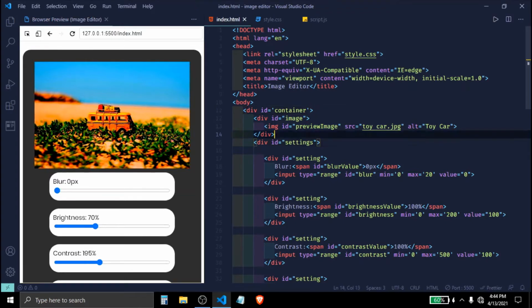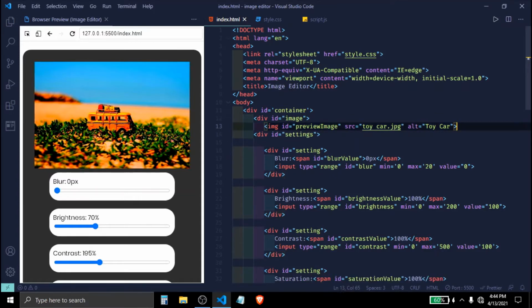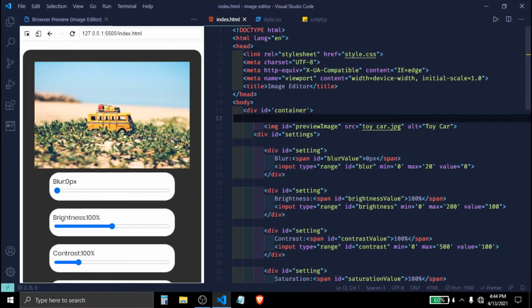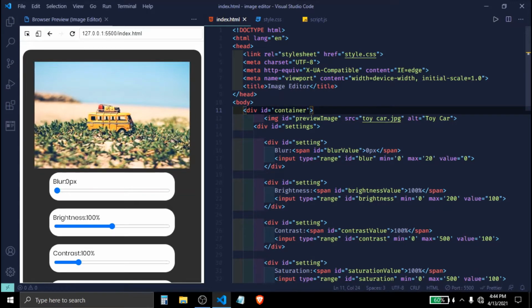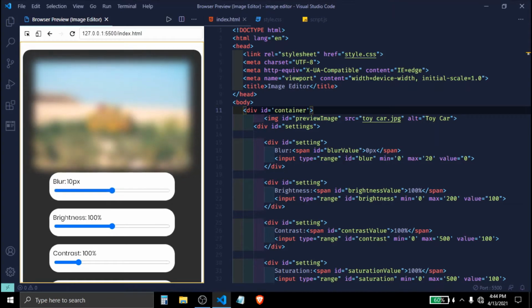Then we have our div for the image, and then we have the image inside that div. Now if I wanted, I could have gone straight for the image and removed these divs as well. But what will happen if I increase this blur is, you can see the image is getting out.